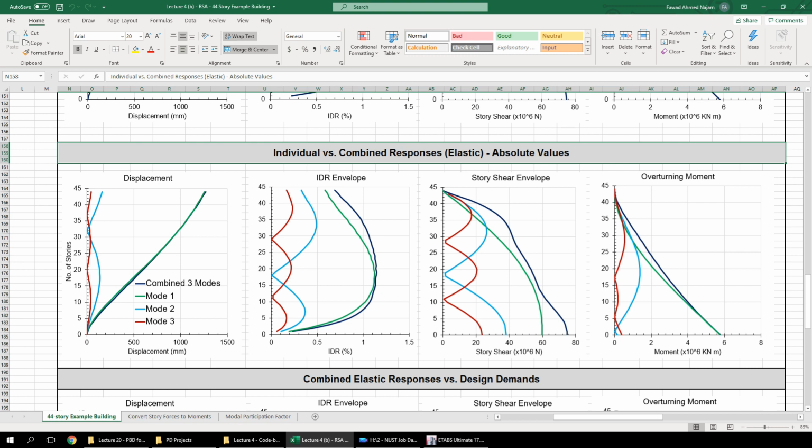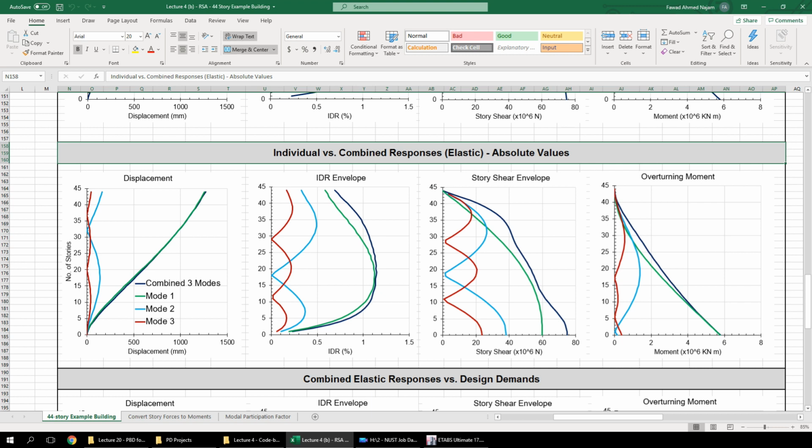So in this example we have seen that the individual modal responses which we have manually calculated in our Excel sheet are very close to what we are getting in ETABS using this idea of modal amplitudes. So that's all about this video lecture. I hope that you now be able to calculate your own modal responses for your own buildings while performing the response spectrum analysis. So this individual modal responses give you an insight into the structural behavior. That insight can be used for effective design and for the efficient design decision making.